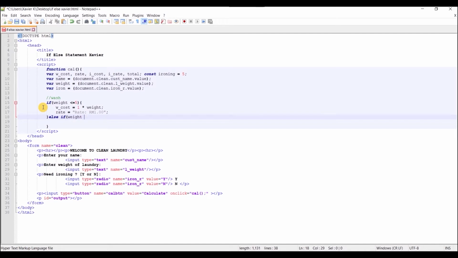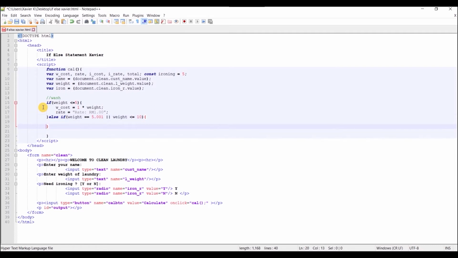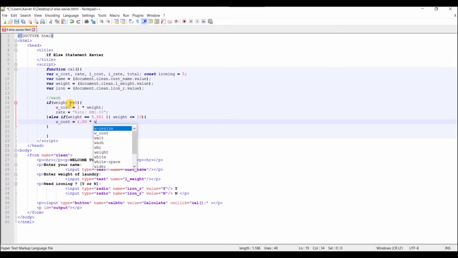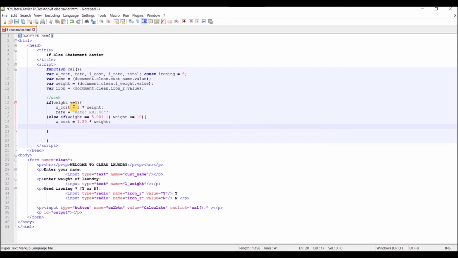Now I'll be a bit more specific here on the weight, so I'll put weight equals to 0.001 or weight less than equals to 10, close brackets, and then as earlier we'll just put the washing cost equals to 150, let's just say, times by weight, semicolon, and then again we will just do the same, rate equals to rate RM150,